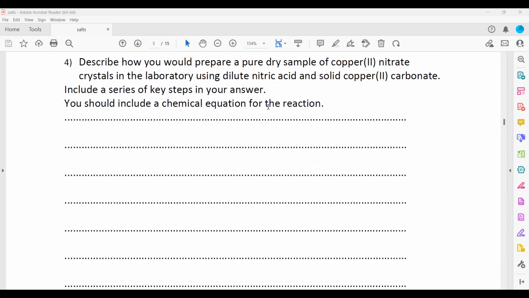In question 4, describe how you would prepare a pure dry sample of copper(II) nitrate in the lab by reaction of nitric acid and copper(II) carbonate. So we have copper(II) carbonate, CuCO3. We mix with nitric acid, HNO3. As a result, it will produce,